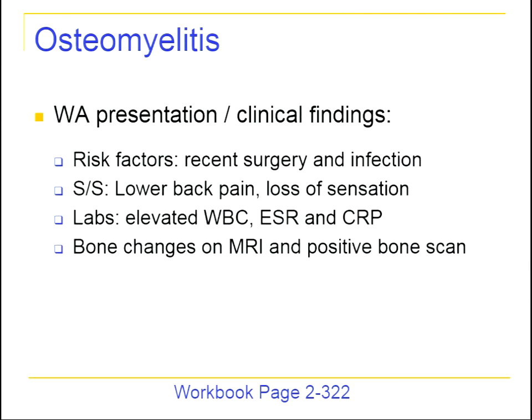So what do we see with WA as far as his presentation or clinical findings? Well, he had that recent surgery and infection, which probably seeded his blood, which then seeded his vertebra. He has the lower back pain and the loss of sensation beginning to occur, and then he has those nonspecific elevations in white cells, sed rate, and C-reactive protein. And then finally, what you really need for osteo is an MRI. CT scans are okay, but MRIs are better, showing bony destruction, and then that positive bone scan,